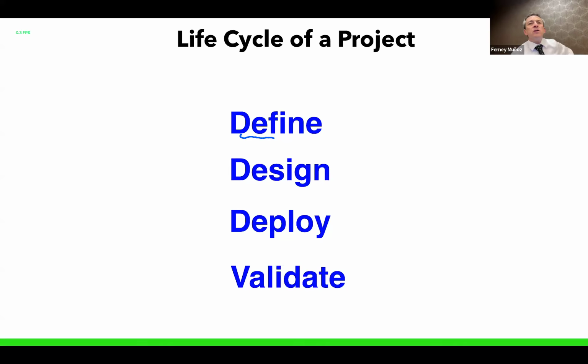So the definition goes beyond what vendor you are going to use. Is it the same one we have right now? Or are you going to migrate to a different vendor because you're not happy with the one you have right now, or because the company went out of business, or because you want to approach different things that another vendor does better? All of that has to be defined before even a contract gets signed.